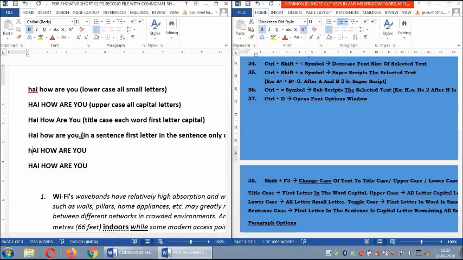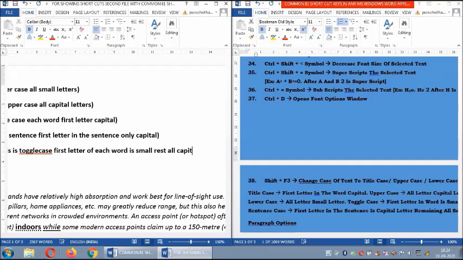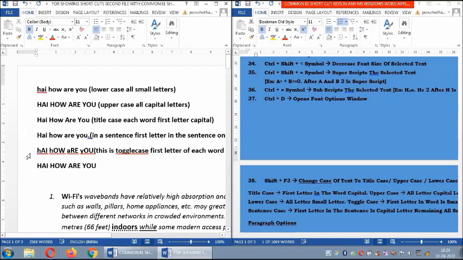See here. It is showing a grammatical mistake, right? Do we write in this way? No. This is toggle case: the first letter of each word is small, the rest all capital. Is it right? So we don't use this toggle case.